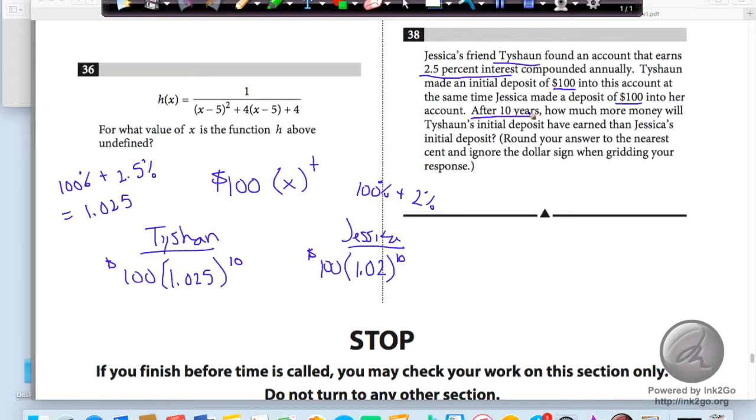So here I see, after 10 years, how much more money will Tyshawn's initial deposit have earned than Jessica's initial deposit? So we should expect Tyshawn's to be higher, which does make sense given the 1.025 versus the 1.02. If I were to plug these into my calculator, and quick tip, if you are plugging this into your calculator to save a little bit of time, it might be easier for you just to do 1.025 first with the caret sign with the 10, okay, to take that to the power. Now, when plugging this into my calculator, I do get